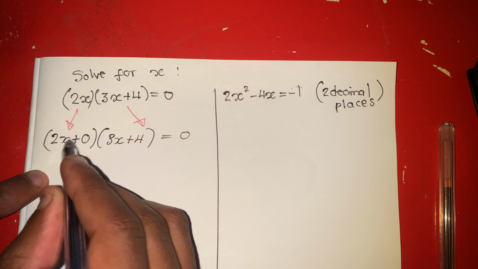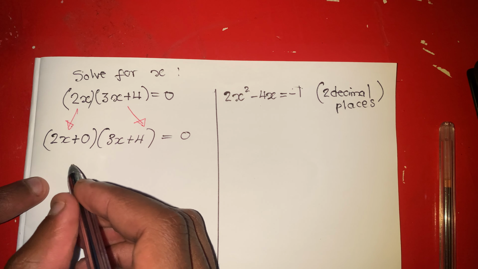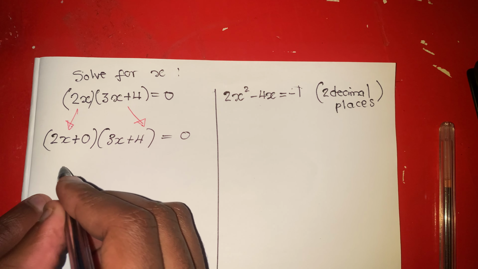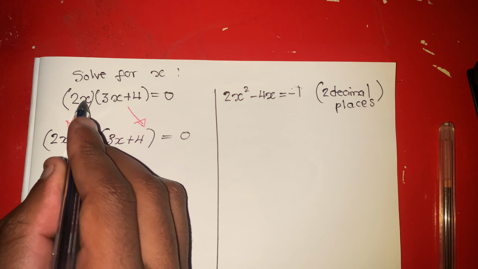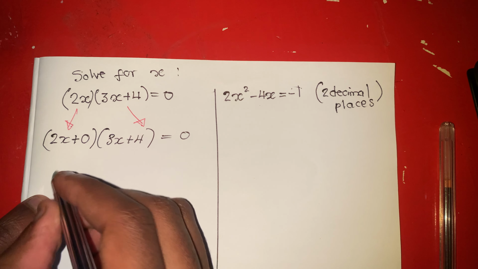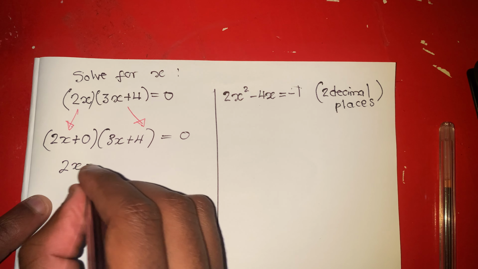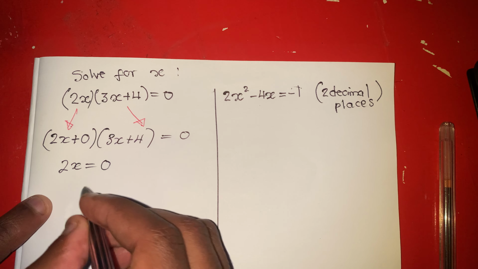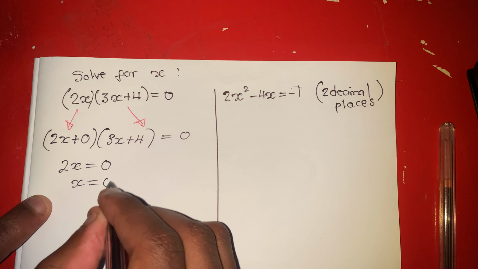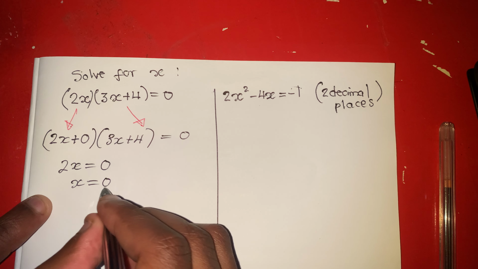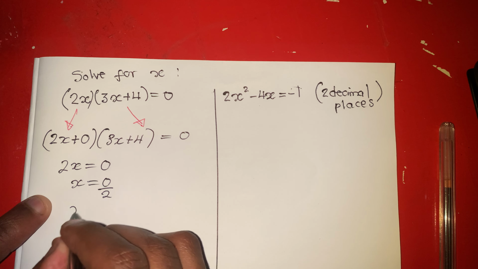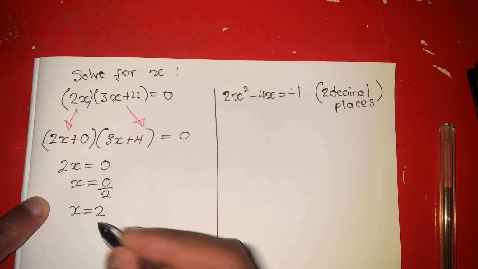So this is what happens: you will equate the first one to 0 and the second one to 0. So you know that 2x plus 0 is still 0, so 2x is equal to 0 and x is equal to 0 over 2, which means x is 0,